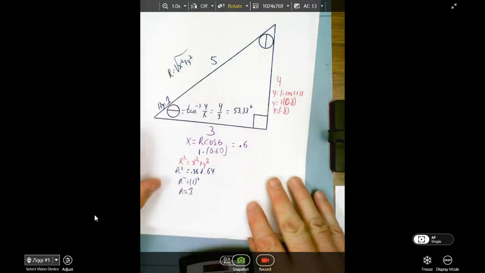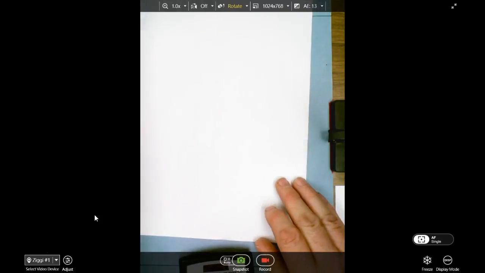Now I'm sure you're probably tired of that triangle, so let's try another one. Some that you may not have seen as much. A different